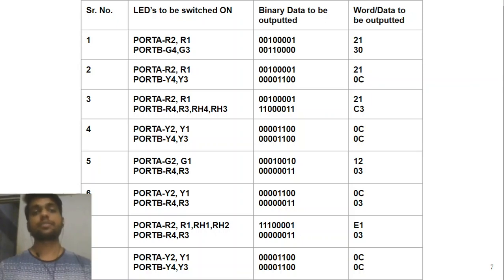After this, the red light is converted to yellow, and after a short delay, this yellow is again converted to green in step 5. All these LEDs are represented accordingly in their binary format, and their hexadecimal values are computed in this table. We will be following the same table in the future coding part.